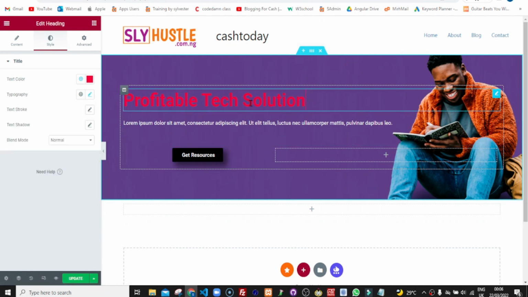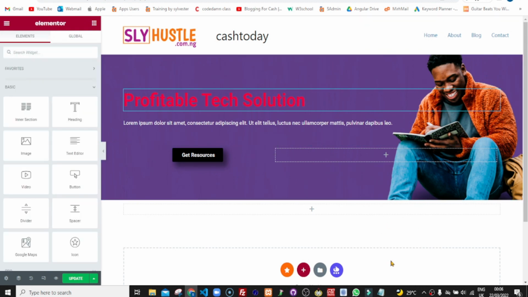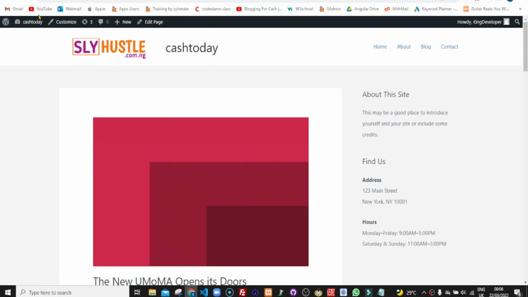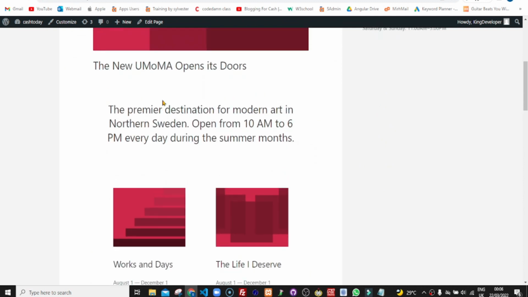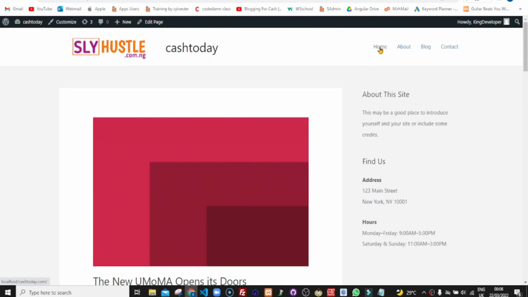So I can also change this text to something. Okay, I think it's okay like this. So if you go to our website right now, if I do a reload, then you're going to see that nothing is coming up yet because we've not done the major settings that we need to do. So if I go to home right here,